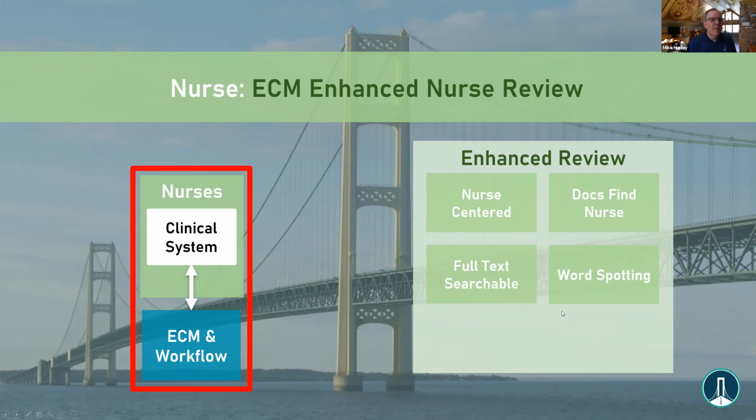We also want to give them the benefits of the word spotting process. Hey, nurse, we found breast cancer and diabetes and COPD and ibuprofen in this document, and we want to let you know that they're there. That might trigger some additional looking through the record to identify certain documents they really want to look at. And of course, they can search, full text search. We'll show you that in a moment. But really critical is, how do we enable the nurse to get through that review quickly? We're not providing the clinical system. We're trying to make the clinical system better, right?